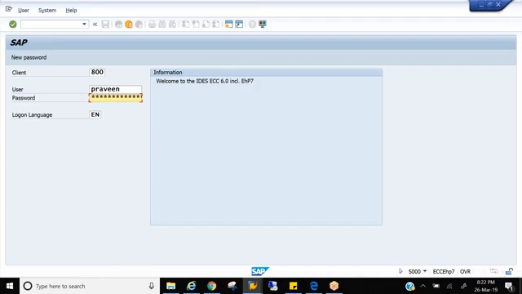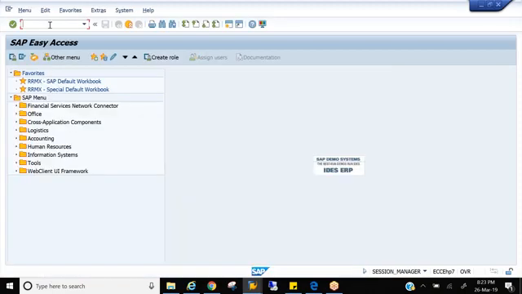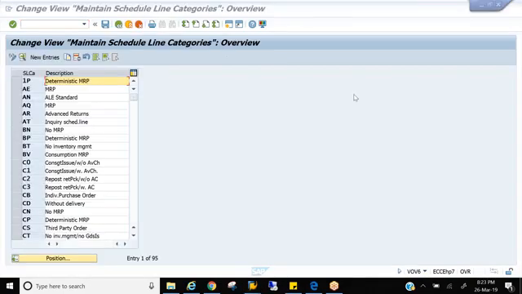VOV6 is the transaction for schedule lines. If you see this particular chart, what we are discussing about the item categories, for a sales order we have only one item category. But coming to the schedule line, for every scenario we'll have two schedule lines. If it is inquiry AN, AT, quotation BN, BT, order